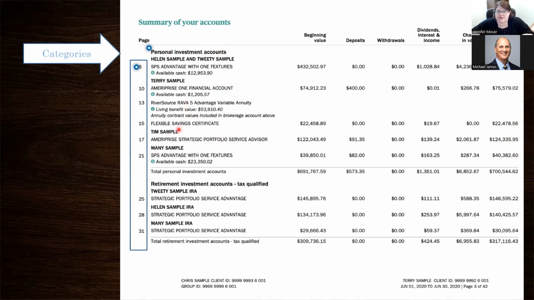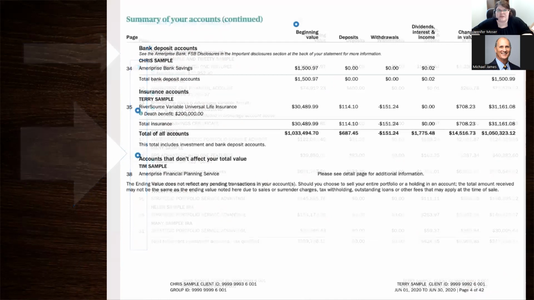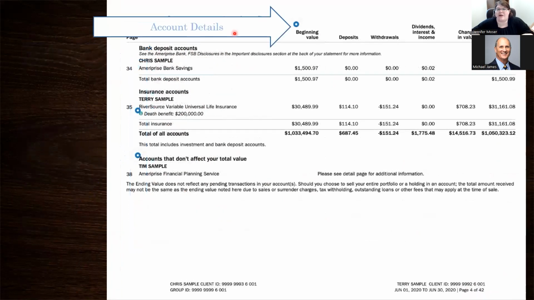In your Avantax one, it does not have these page numbers on it. As you can see here at the bottom, it says page 3 of 42. So some statements do offer this page number. Avantax statements do not. They go into little details about it. They tell you exactly what it's in and the way you can see different accounts on this statement and how it makes up everything. So for example, let's go to the next slide, how it's showing in details.